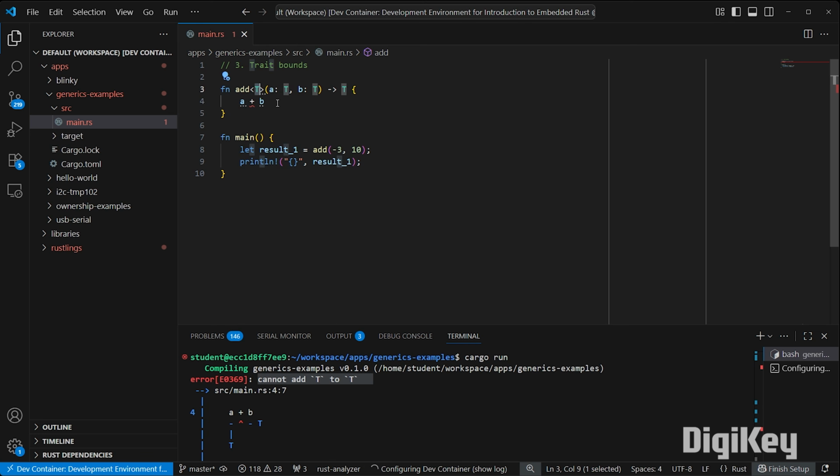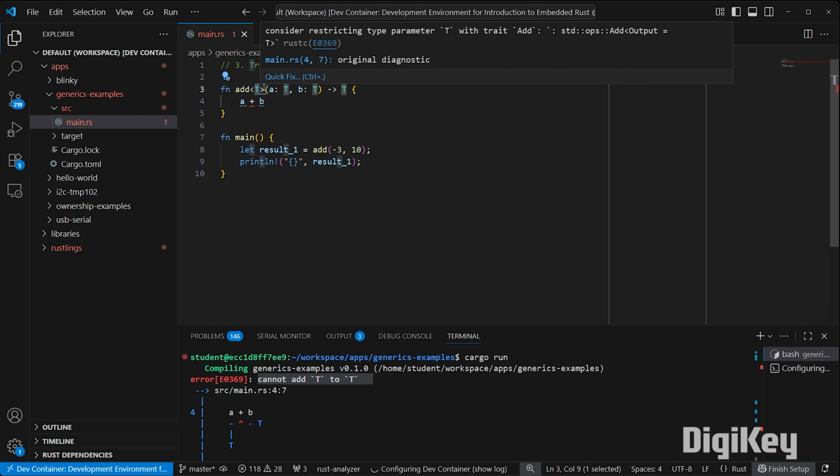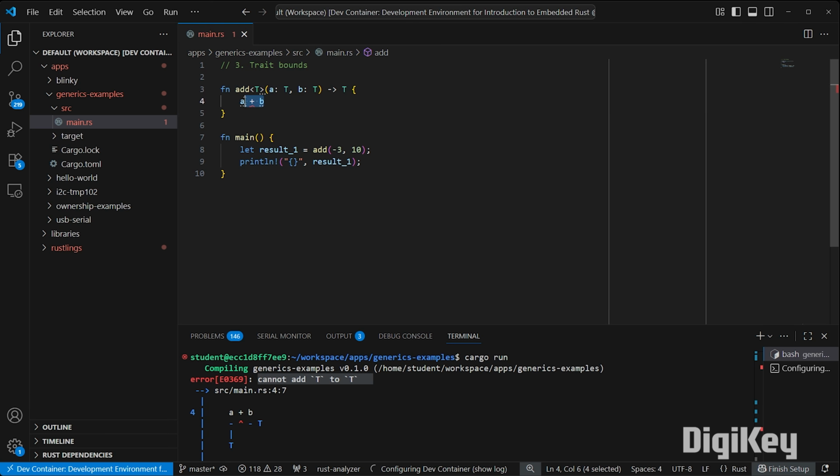Because this is a generic, the compiler has to go, okay, this should work for things like strings. And the addition operator is not supported for things like strings, at least by default in Rust. So it gives us this error, I don't know what to do with this, because I can't just add anything